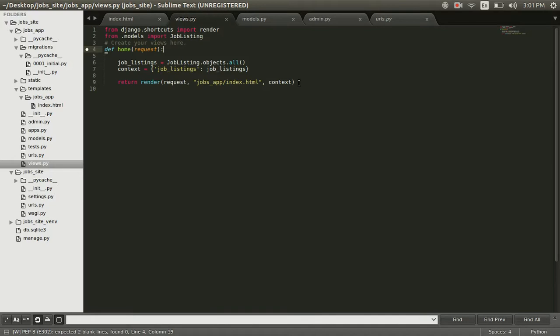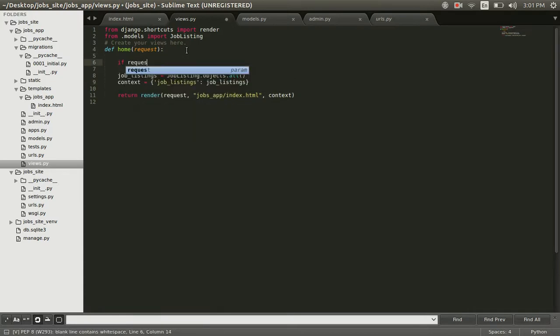As of yet, all this code only handles GET requests. We have to write another piece of code to handle a POST request. So over here, at the very beginning, I'm gonna say if request.post equals, double equals means equality, single equals means assignment. Double equals is saying, does this equal that? Single equals says, make this object, assign this object to the variable name. Okay, so double equals, and we're going to check to see if it equals post. Sorry, it should be request.method